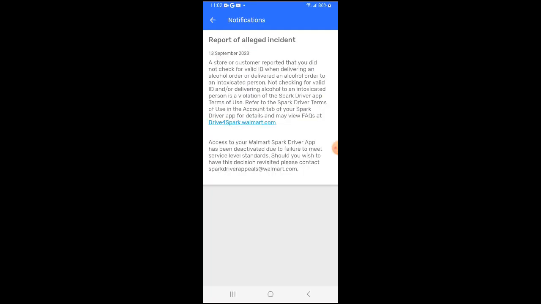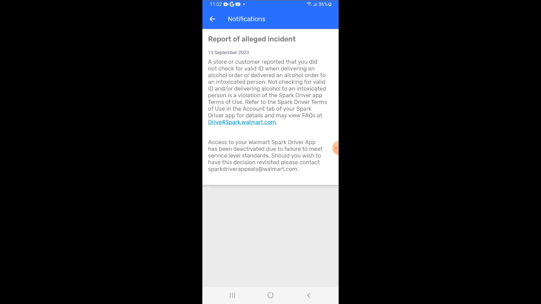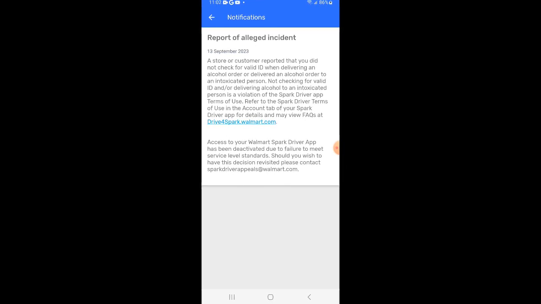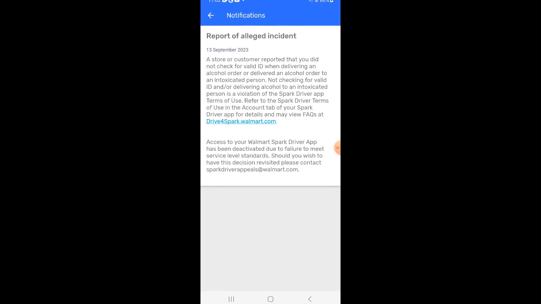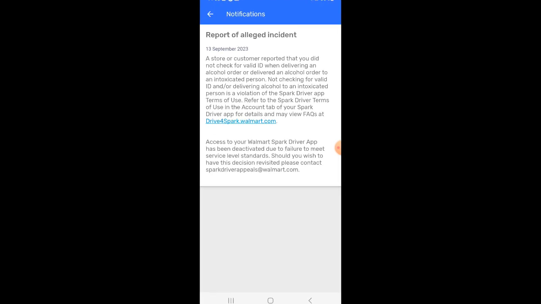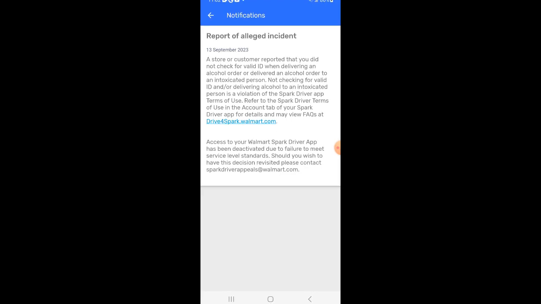Report of alleged incident. On September 13th, 2023, a store or customer reported that you did not check for valid ID when delivering an alcohol order or delivered an alcohol order to an intoxicated person. Not checking for valid ID and or delivering alcohol to an intoxicated person is a violation of the Spark Driver app terms of use. Refer to the Spark Driver terms of use in the account tab of your Spark Driver app for details, and you may view frequently asked questions at